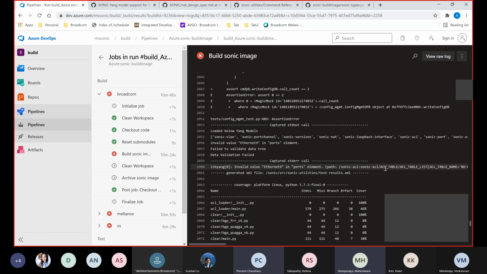Okay, correct. I think this seems to be something else, because the configuration coming for this test case doesn't come from even the SONiC utility mock table or any other table. The configuration is actually inside the test case itself, as I understand. Yes, so if the configuration itself is not there, it should not fail because of another model. So I'll have a quick look. Maybe something else got committed in between as well. Okay, because I tried the build twice, and both times I see exactly the same error.